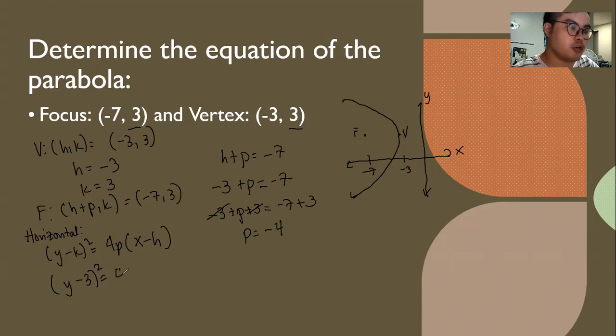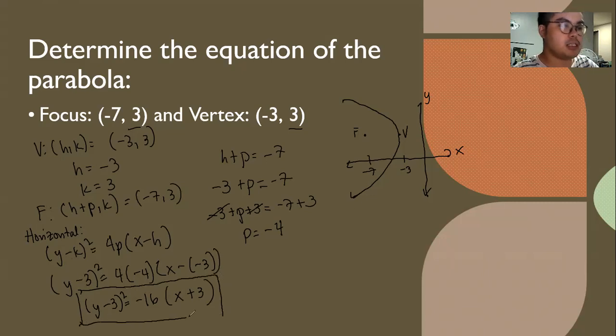Okay, so 4 times negative 4, then x minus negative 3. Now we're going to simplify. So 4 times negative 4 will become negative 16. Then negative times negative will be plus. Okay, so